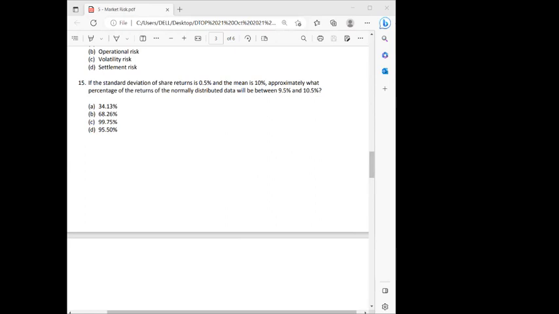The standard deviation of shares return is 0.5% and the mean is 10%. Approximately what percentage of the returns of the normally distributed data will be between 9.5 and 10.5? Okay, let's try to understand the question. It's very easy. Let me draw